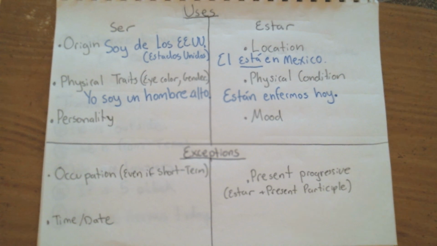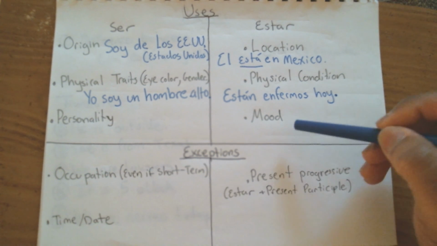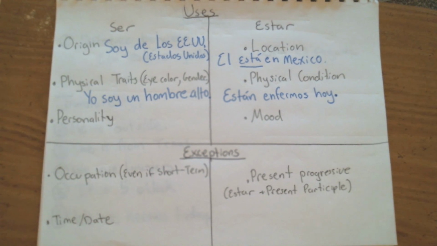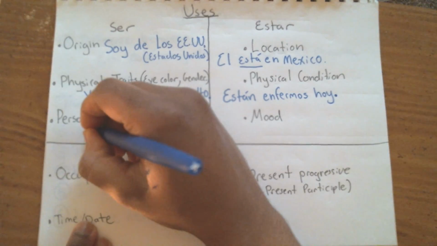Now we get down to the final distinction between ser and estar, and that is when you're talking about someone's personality or someone's preferences or anything like that, you're going to typically use permanent verbs like ser. When you're talking about how someone's feeling right now, use estar. For example, if you were to say this phrase right here,